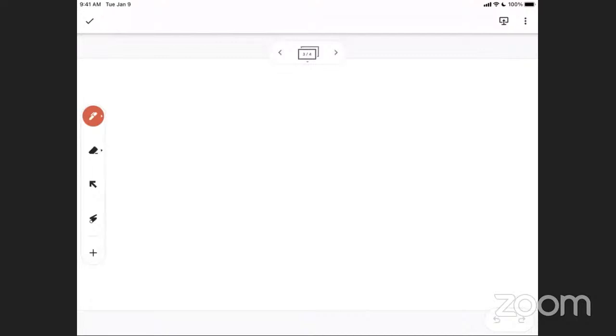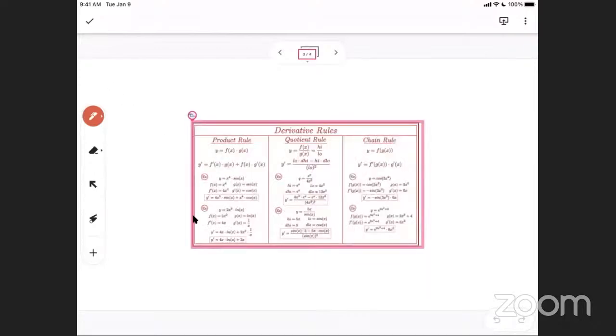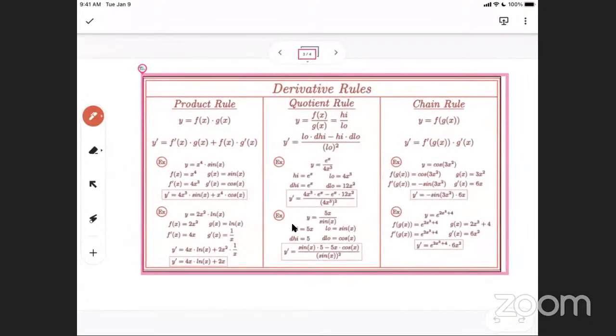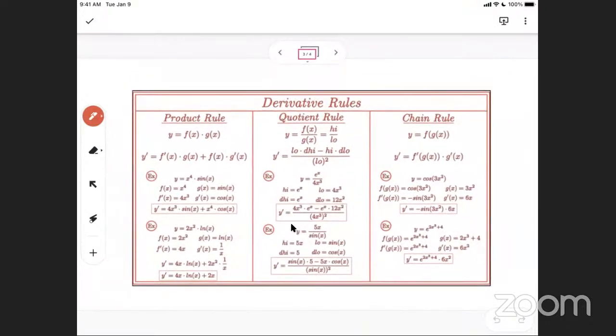Do you see one too? Are you looking one up? I don't see anything. Oh. Let me look one up. Here, I'll put it on here. I just have to open this up on my computer so that I can insert it, because from my iPad it's not as easy to do. Okay, here it is. So here's my derivative rules cheat sheet. This will hold us off for a little while, I think.